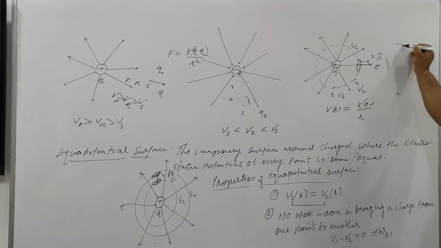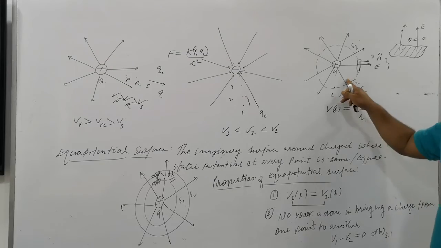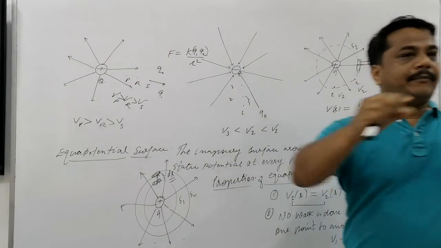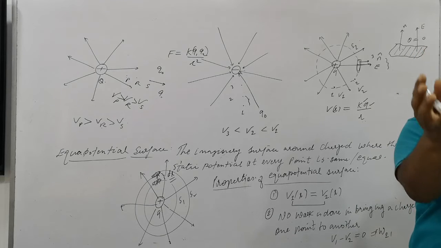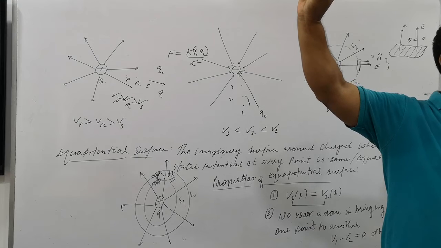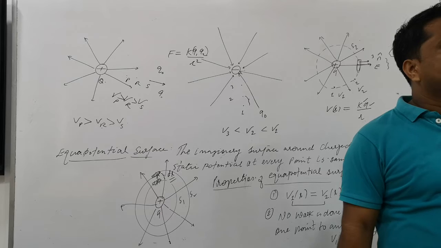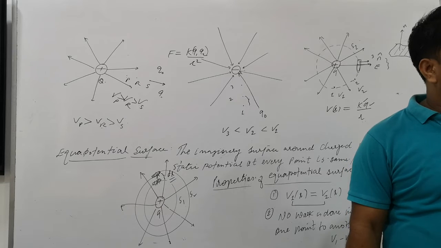If this is the equipotential surface, its normal vector is in the upward direction. The field is also upward, meaning the angle between them is 0. There is a point charge we placed here, and a spherical surface develops. What will be the direction of the electric field line? It will be along the radius, and the radius is perpendicular to the surface of a sphere. The geometry of the equipotential surface is spherical.